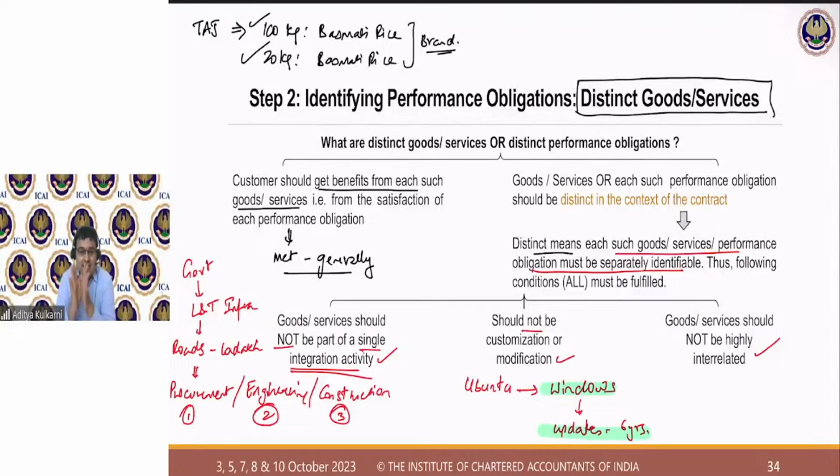Is it crystal clear what I mean by customization or modification? Yes. Vimal, have you understood? Yes. Munish Kumar Gupta, that's right. Has everybody understood customization or modification? Some of you said no, some of you said yes. Because of lack of communication, I am not able to understand whether you have understood. So my question is, is it clear? Vimal got it? Yes. Tanisha got it. Ravish got it. Pooja got it. Vanshika got it. Yes.